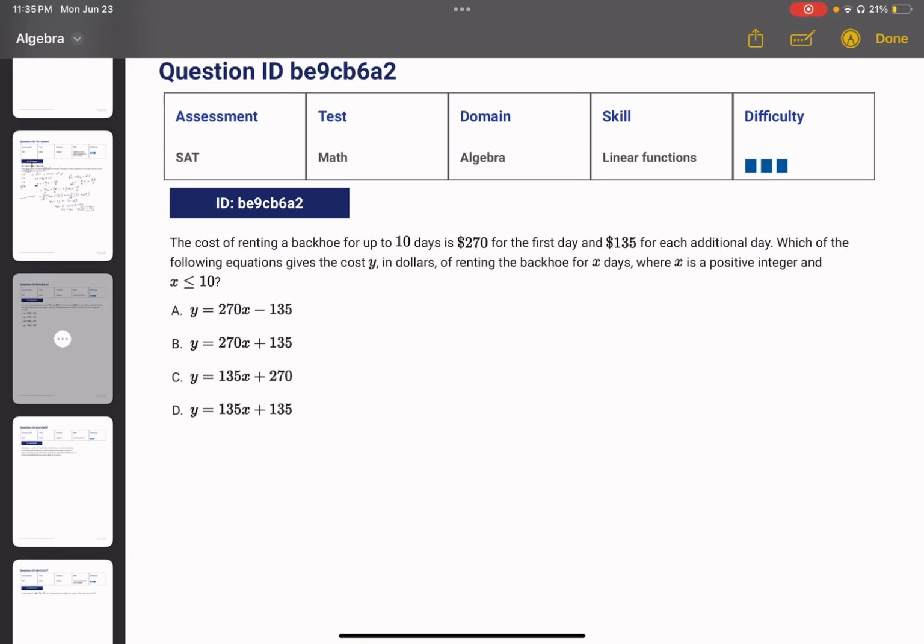Okay, so we know x is less than or equal to 10 because it's 10 days, and we know that we're going to construct an equation y here since that's what it's called in the answer choices. So we know that it's 270 no matter what, if it's going to be one day, plus 135 for each additional day, minus